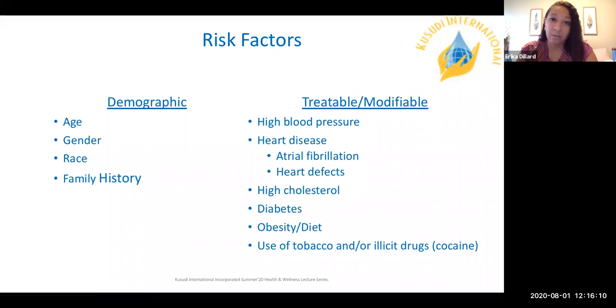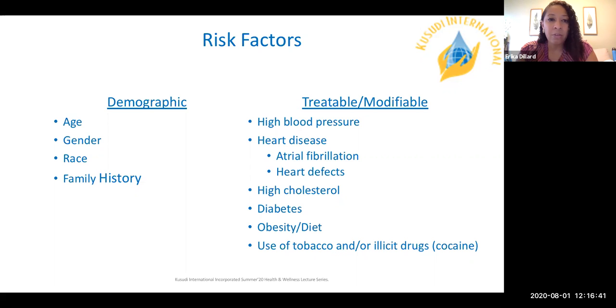And then, as we talked about before, in terms of race, your minority groups have a higher risk of worsening outcomes and risk of developing stroke. So at the highest of that are, again, your Black and African Americans. There are some genetic issues that might lead to a higher risk for a family history of having stroke. One I can think off the top is patients who have sickle cell disease.